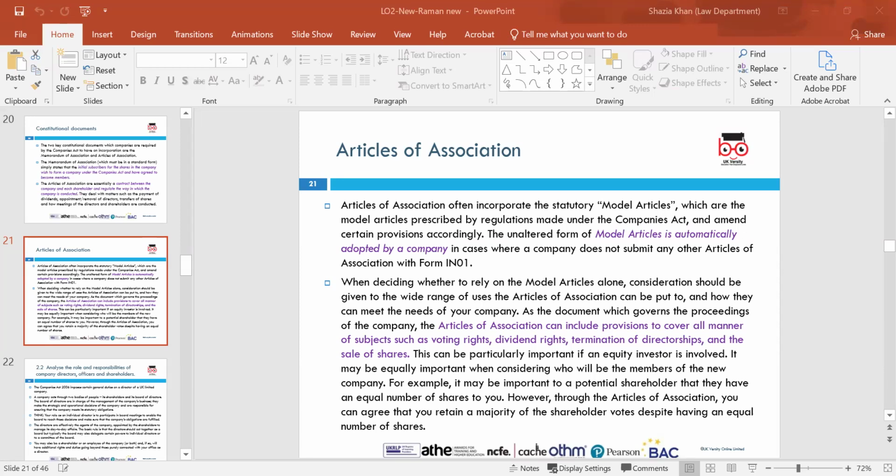Shareholders invest in the company based on the objectives defined in the Memorandum of Association, and they're entitled to receive dividends and other benefits within its defined scope. Whereas the Articles of Association, on the other hand, regulate the relationship between the shareholders and the company's management. So the Articles of Association are where they regulate the management of the company and look at the issue around how